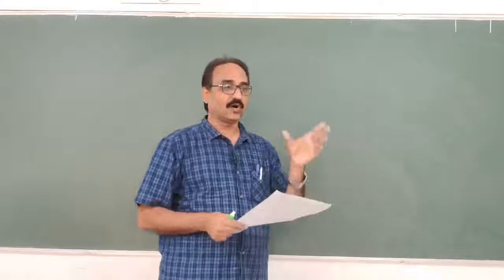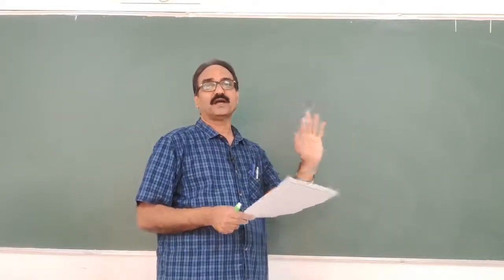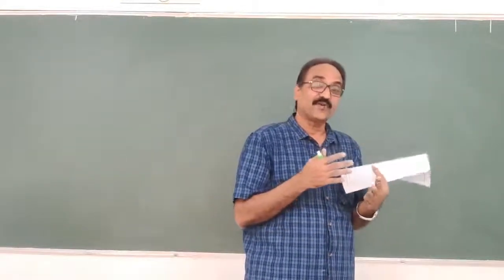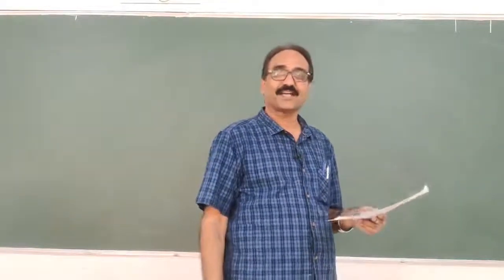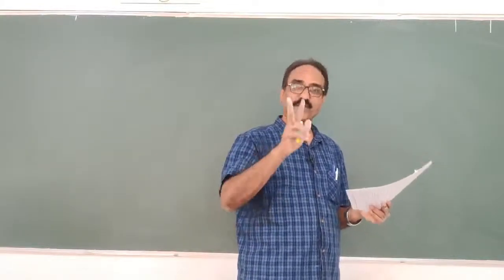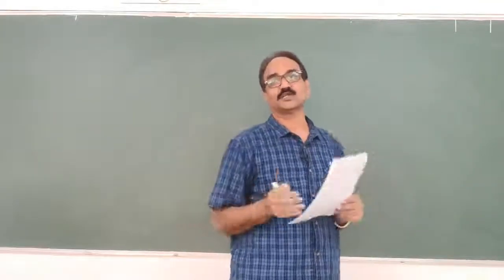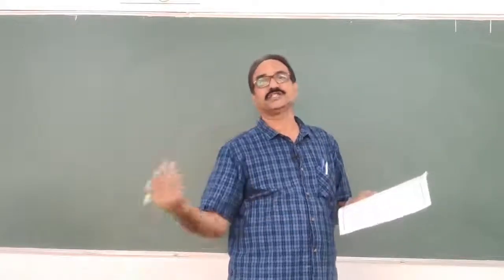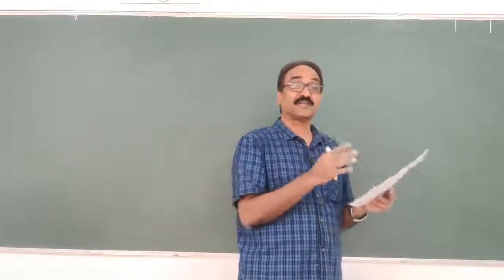My dear students, after reading this problem, I got the sample space. The sample space is the college. How is this college divided? Hostelers and day scholars. Correct or not? You tell me. Here the sample space is divided into two events only. One is hosteler, one is day scholar. So E1 is hosteler and E2 is day scholar. The probabilities of being a hosteler and being a day scholar are already given, so without any problem we can write them.